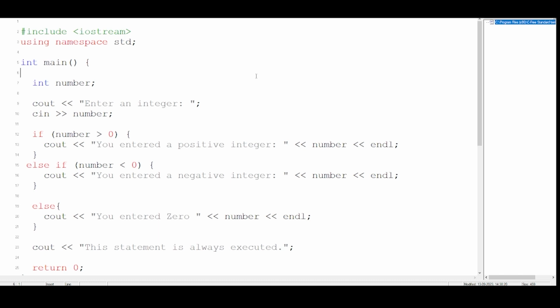Moreover, you have to remember one thing, that you can put as many else if as possible, because there is no limitation to that. You can do like this: if this is not satisfying, else if this, then again else if the previous else if is not satisfying. So you can put as many conditions as possible. But one thing you have to keep in mind, that for one if, there will be only one else.